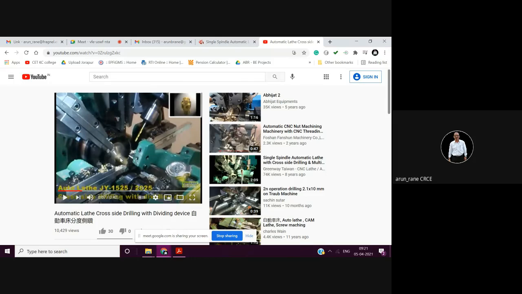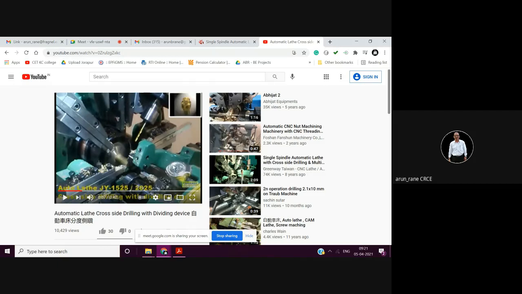The bar will start vibrating, chatter marks, and it may fly off also. So you have to see one thing. While cam designing, you have to see that the diameter is not reduced below 6 mm while these operations are done. That is in order to save the time. We also start this operation, which is for the pre-parting.